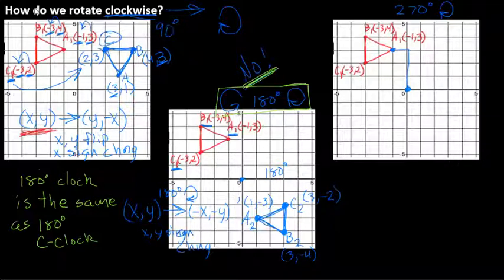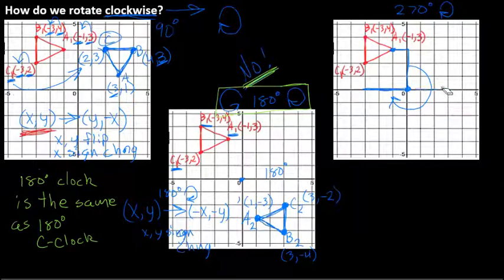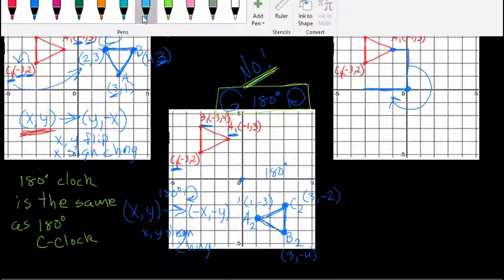Same center of rotation. So right here would be 90, right here would be 180, and right over here is 270. So I've gone more than half a circle. I've gone 270 degrees